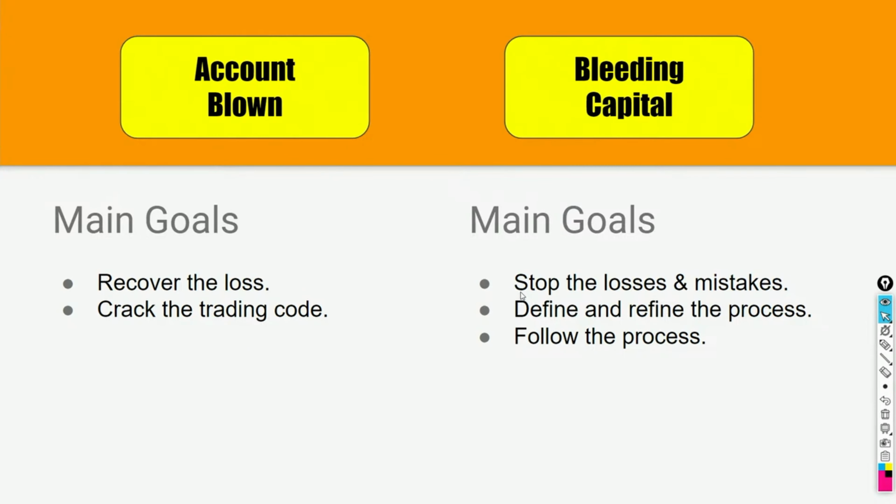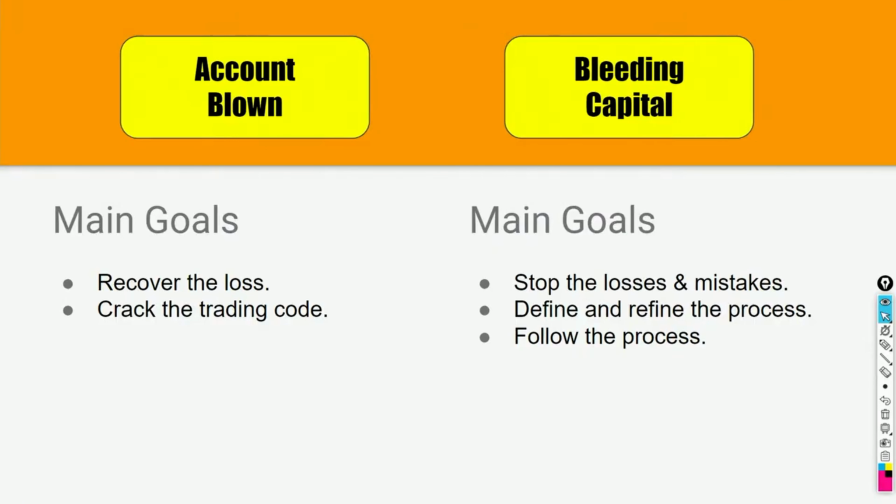What are the main goals? So the main goal for someone who has blown his account is definitely to recover his capital. Unless and until you let go of that need to recover your capital, you will not be able to make money in the markets. And that is for sure. I can guarantee that because I have done that for years. Nothing has worked. The moment I said, okay, I have made the mistakes, that was the price of the mistake. It was a very heavy price. Unless I pay that price, I won't be able to move forward.